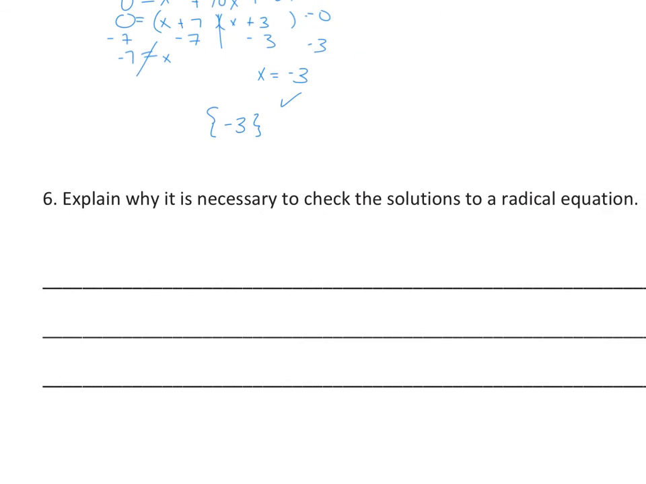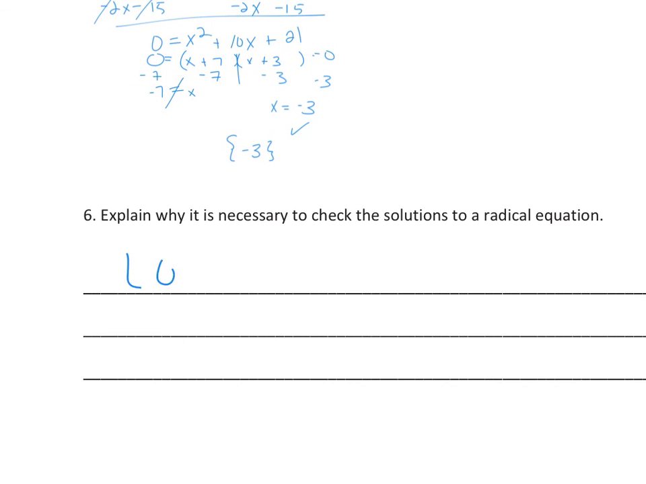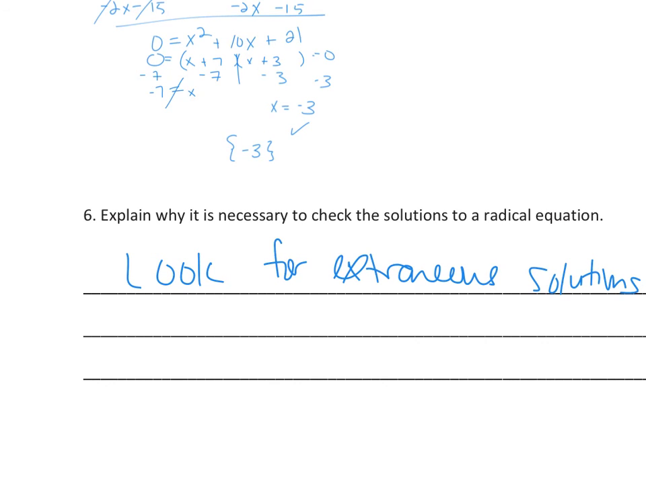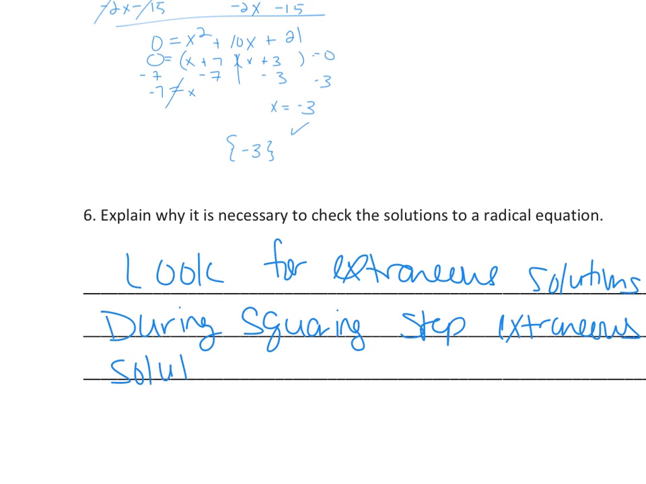It says, explain why it's necessary to check the solutions of a radical equation. You want to look for extraneous solutions. This happens during the squaring step. Just so you guys know, when you square, you're doubling or squaring the problem, so you're resulting in 2 answers and one of them might not work. So during the squaring step, extraneous solutions occur. I definitely spelled that wrong. Occur. And do not satisfy